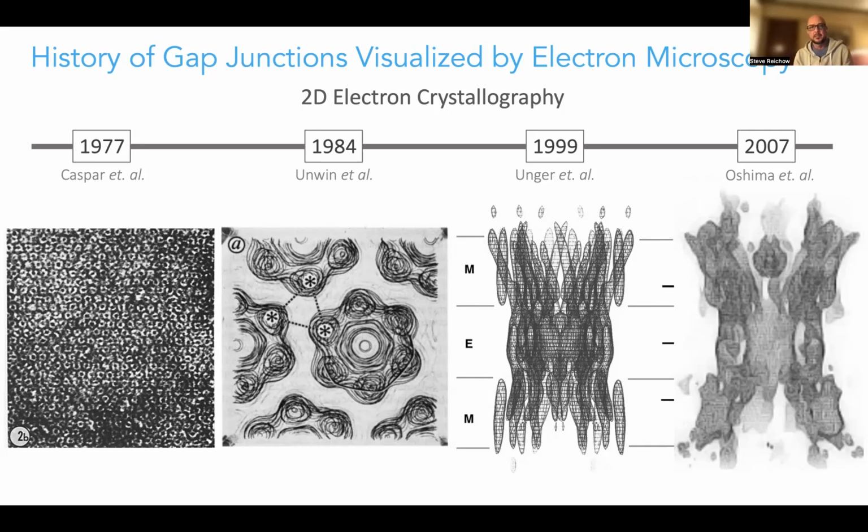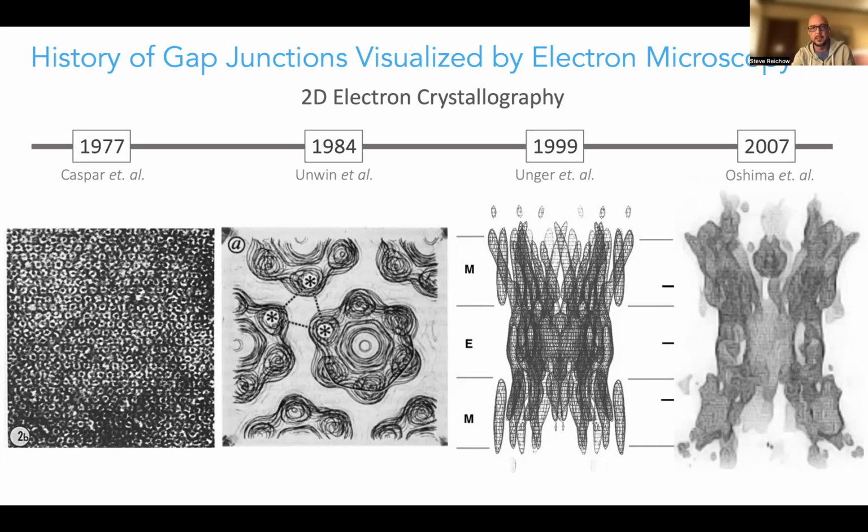Now, modern applications of electron crystallography can resolve biological specimens down to the angstrom level. And so this technology is not really limited in resolution. It doesn't really have a resolution limit that's relative to biological systems, but for the gap junctions, this methodology was really never able to go beyond this point in resolution. It's sort of the 6 to 7 angstrom regime. And ultimately, if we want to understand the details of molecular mechanism, we want to be able to build atomic models. And to do that, we need to have resolutions that are much better than this. So something better than around 4 angstrom resolution, where we can resolve amino acid side chains and begin to build atomic models. And as it turns out, the next big leap in this field didn't come from electron microscopy, but